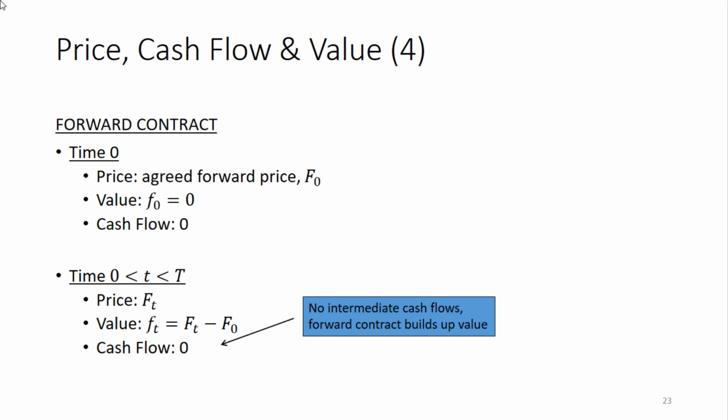So then what happens over the life of the contract is that one day later or 1 month later, I could again enter into a forward contract. And then, of course, market circumstances could have changed. And that means that the forward price that would apply at time small t could be different from the price that originally was agreed upon. So it could be the case that I was lucky that I already agreed upon a price at time 0, because now the price is much lower, or maybe I was